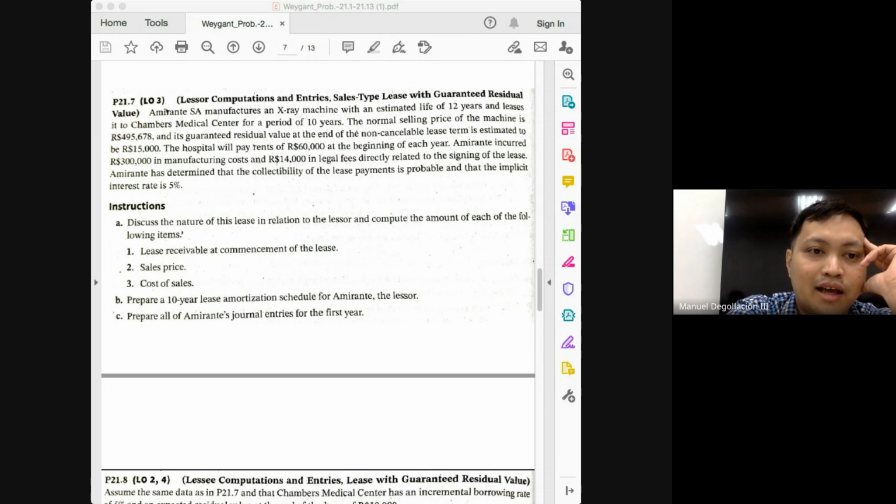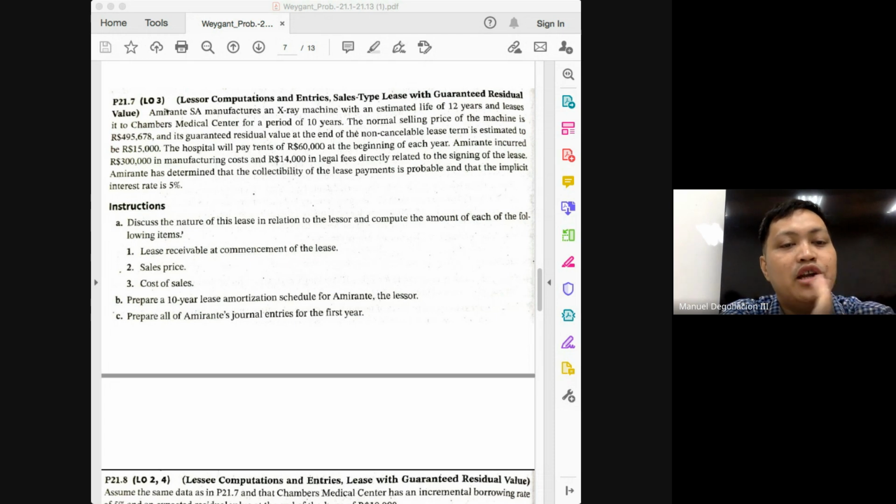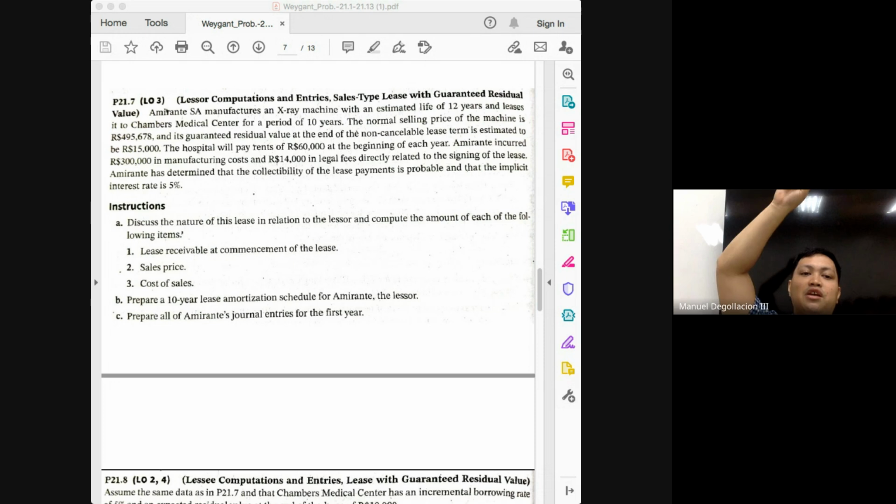Okay. Next, number 5, year 2 ending balance. Let's start with year 2 interest revenue. Will we have interest income or interest revenue in year 2? Yes. What is the source of the interest revenue? The interest on the outstanding balance of the lease receivable. Question is, what is the balance of the receivable that was outstanding during the whole year? Class, how much was it? Year 1 ending balance, class?